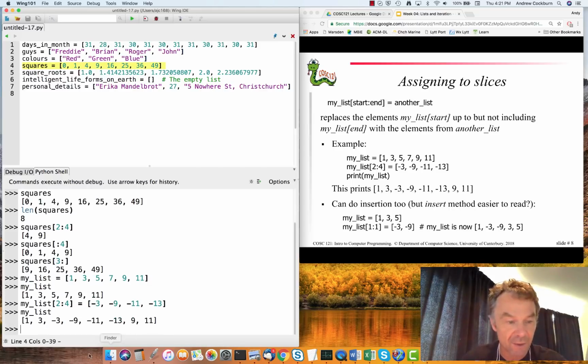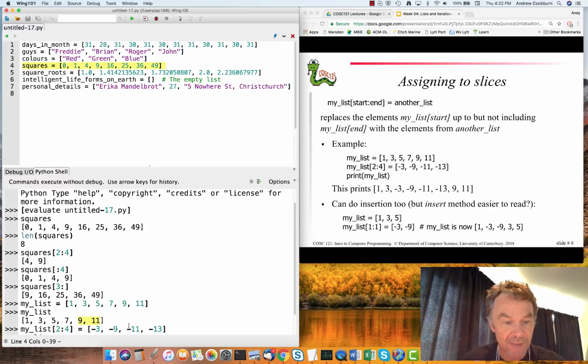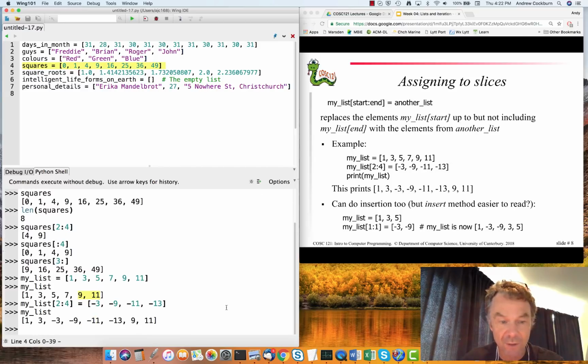My list is now 1 and 3, which we expected. Then 5 and 7 have been replaced with this series of values, so -3, -9, -11, and -13. And then 9 and 11, the other ones we said not to touch, have remained unaltered. Okay, so that worked as we expected. We're able to reach into our list and select a series of values to be replaced with another series of values